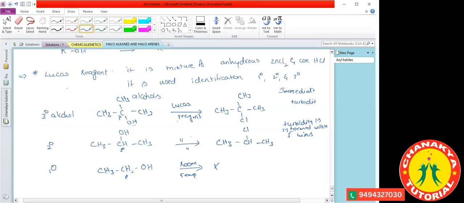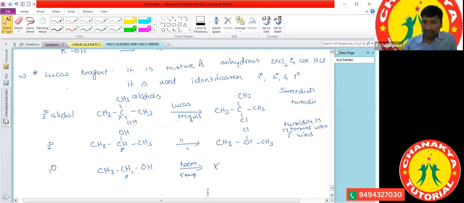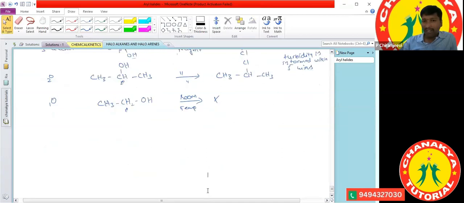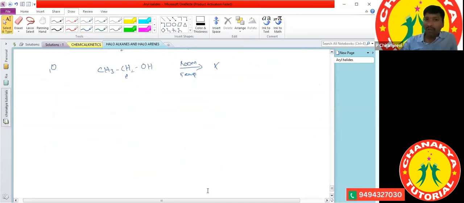Some other reactions are also there from the alcohols only, but the reagents are different. So what are the other reactions? When the alcohols are treated with phosphorus halides, that is the second one. Phosphorus halide: C2H5OH is called ethanol. Let us see here, PCl3 is there,